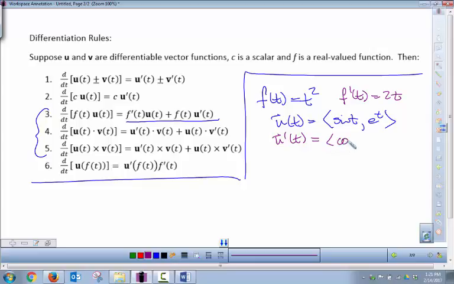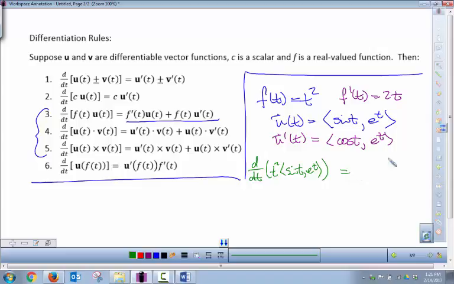It's positive, right? Cosine t, e to the t. So according to this formula, we have d dt of t squared times sine t, e to the t